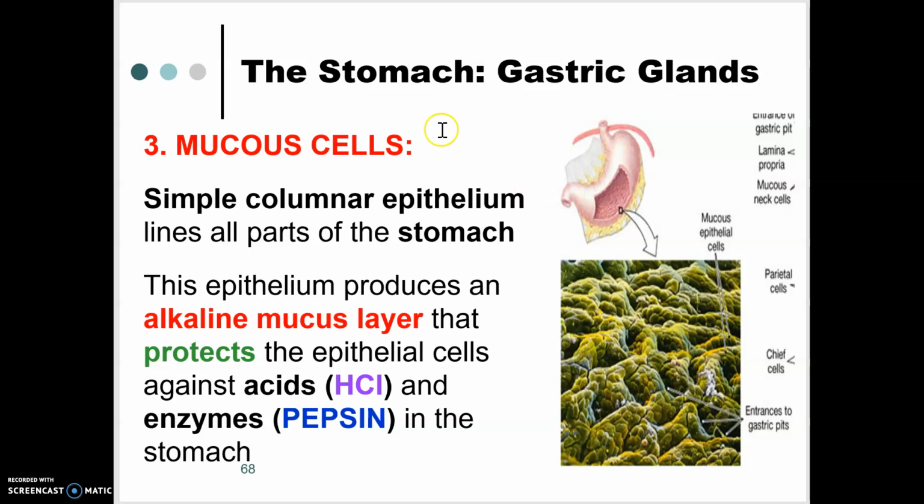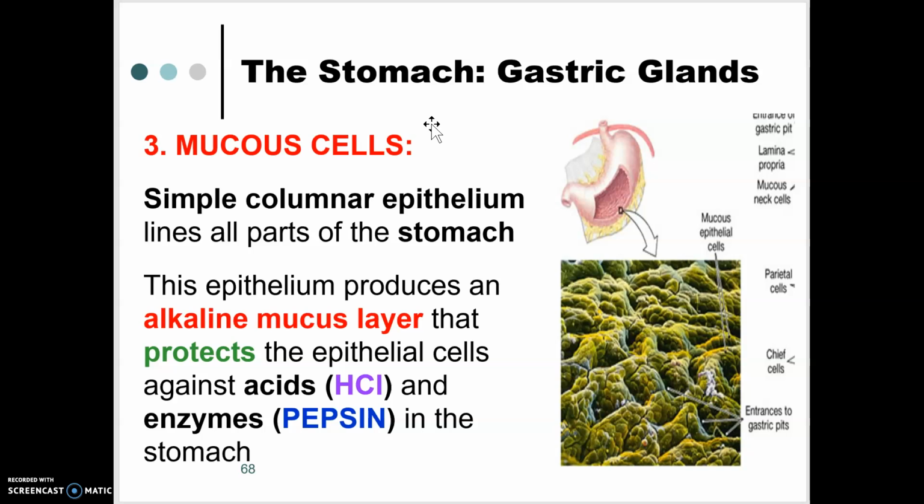And then finally, the third exocrine cell we're talking about now is the mucus cells. Now, these are going to be simple columnar epithelial cells. They're going to be all over the parts of the stomach, not just in the gastric glands. And you've seen pictures of these when you did the histology lab back in Biology 1210 or 1501. And what happens here is the epithelial cells of the stomach, the mucus cells, they're going to produce